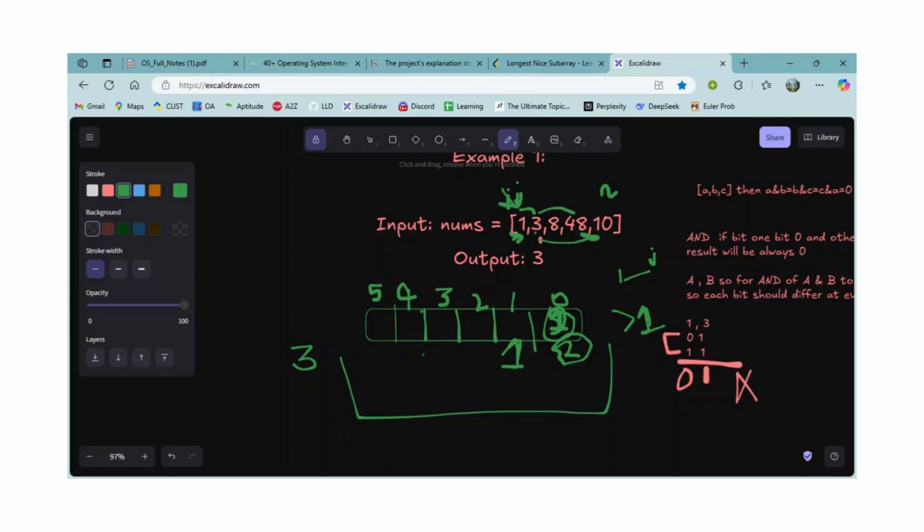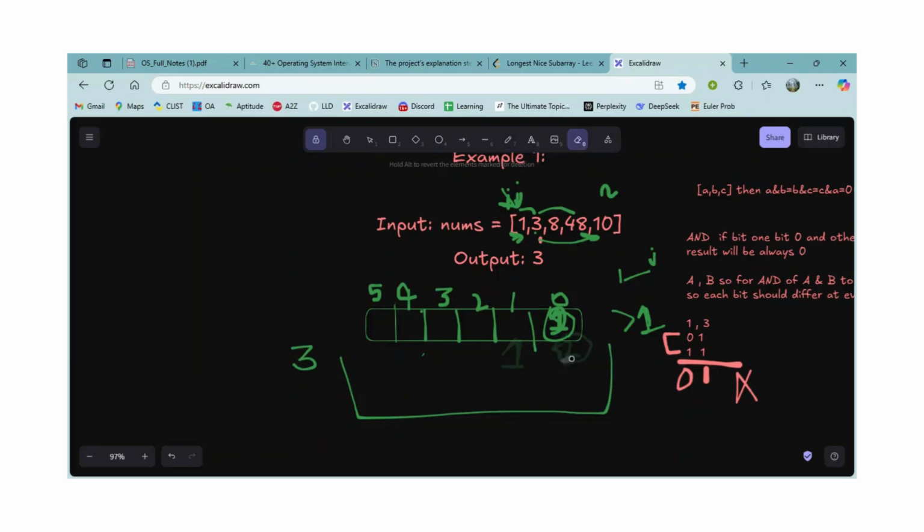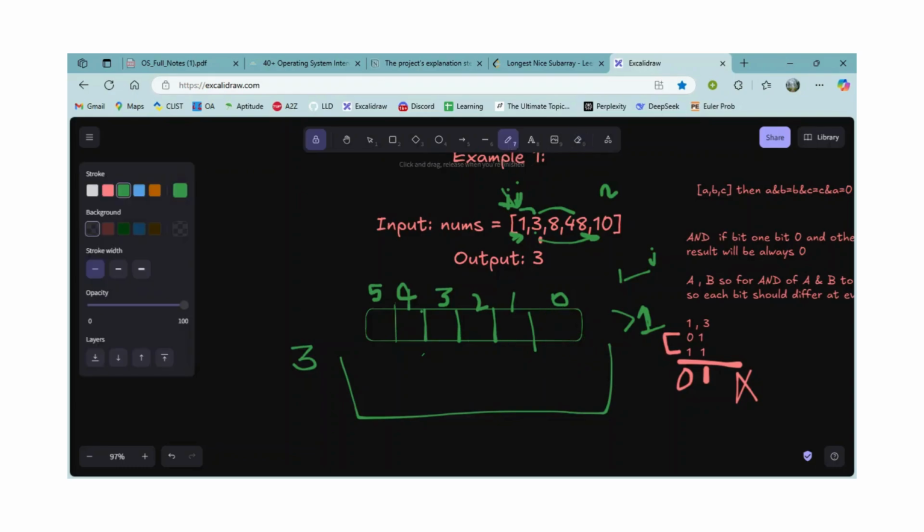After removing 1, our array will look like this. Then I will go to the 8. 8 is represented in binary like this. So this is the third bit that is set in the 8. So I will just set 8, and since in this subarray there is no bit where the count is equal to 2,